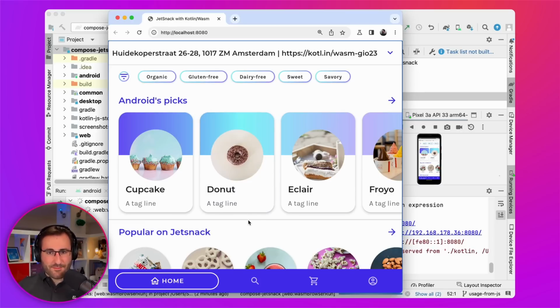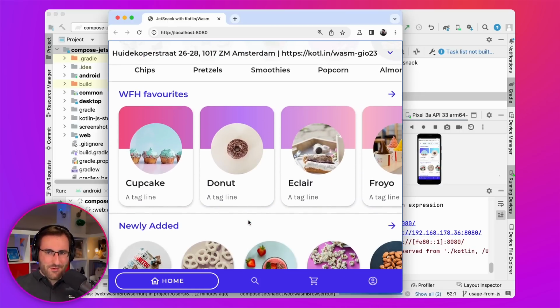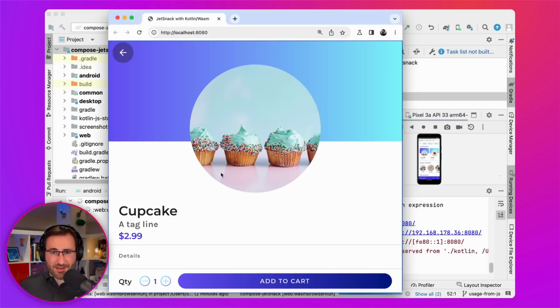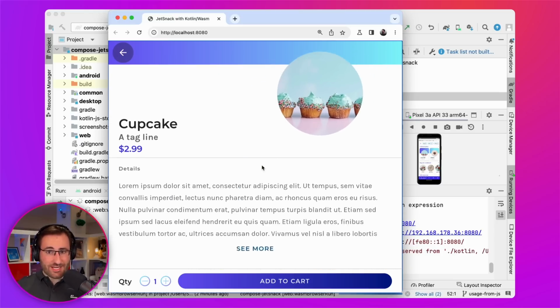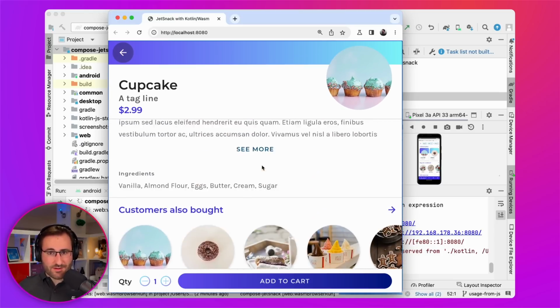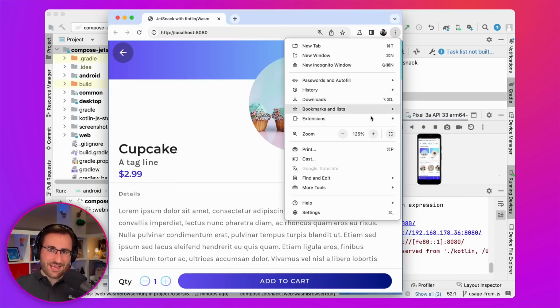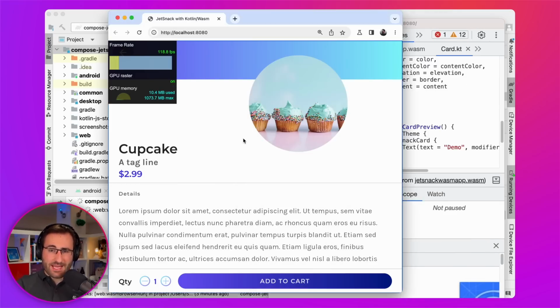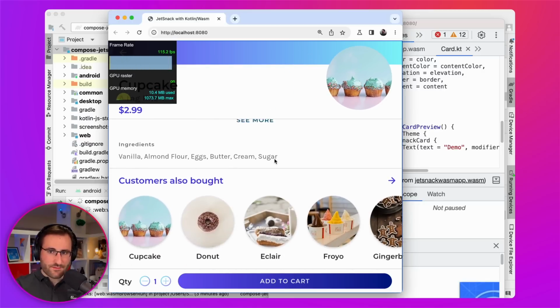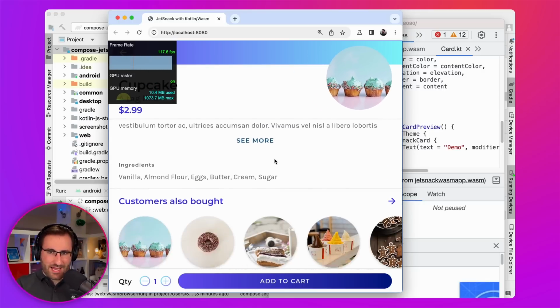In our case, through the power of Compose Multiplatform, we can take the same app that you just saw running on Android and run it here in Google Chrome. And it actually looks and behaves just like we saw on Android before. We can also take a quick look at the performance of this app. So we can open up the FPS counter in Chrome's DevTools and watch some of these beautiful animations as they